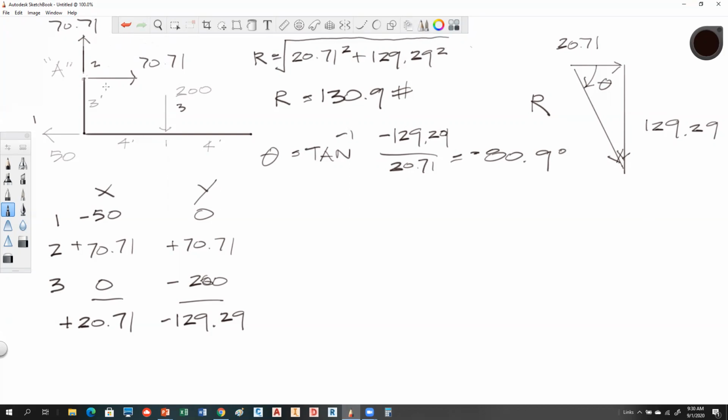If the moment of the original system is a certain value, the moment of this vector at that direction has to be the same value, okay? So I'm going to take a moment about point A